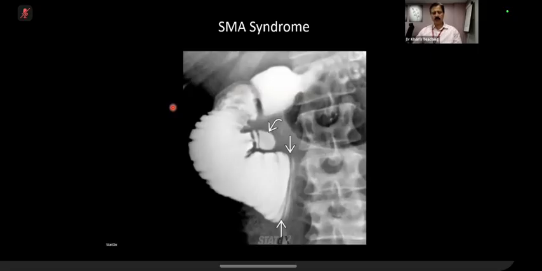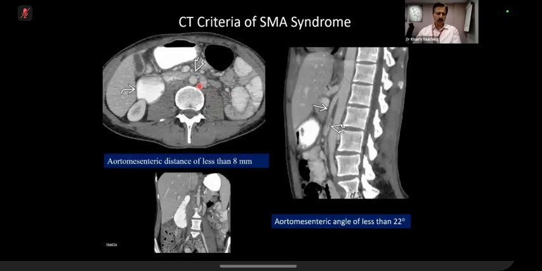Now, if you see here superior mesenteric artery syndrome, what happens in superior mesenteric artery? Basically, if I show you this CT scan, this is the abdominal aorta, and this is the SMA, and the third part of the duodenum passes through it. Now, sometimes, for example, if there is no retroperitoneal fat, then what will happen is that this SMA, because the distance